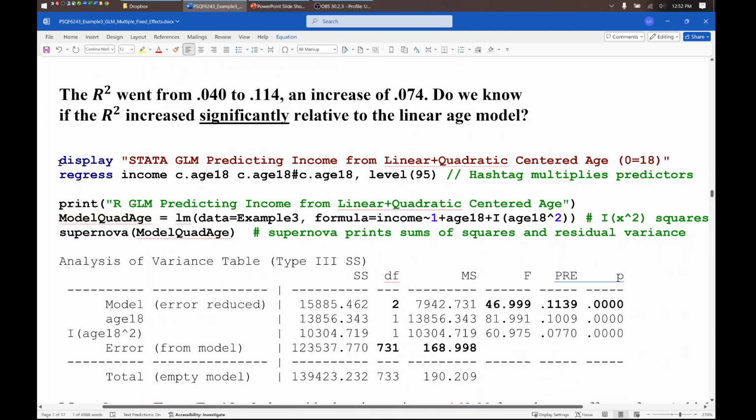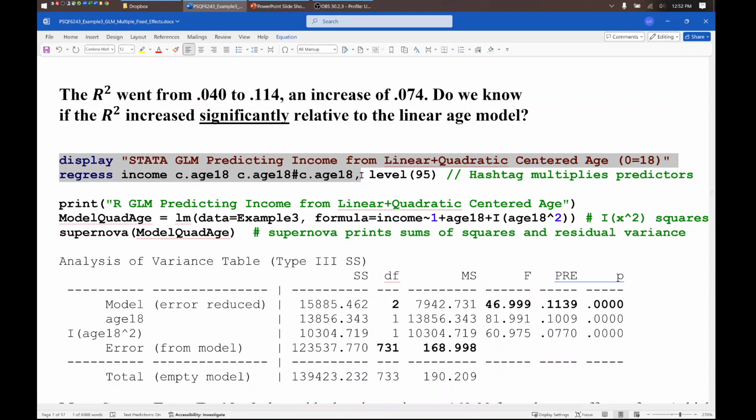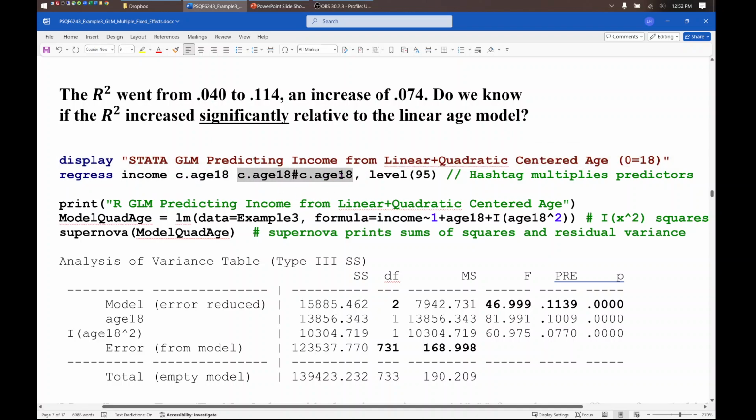So for Stata, I am adding the new quadratic term directly without having to multiply it ahead of time. So this term right here, c dot age 18, hashtag or pound sign, depending on how old you are, the same variable, that creates the squared term. Or more generally, you can use a hashtag to create interaction terms, which are multiplicative combinations of two or more predictor variables. In R, I'm saving these results under a new term called model quad age,